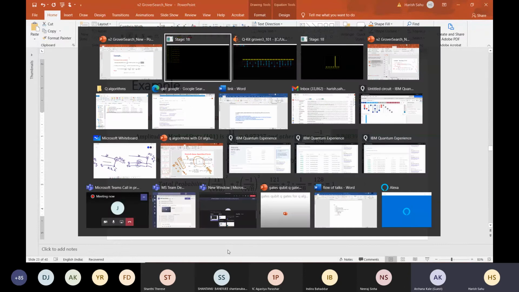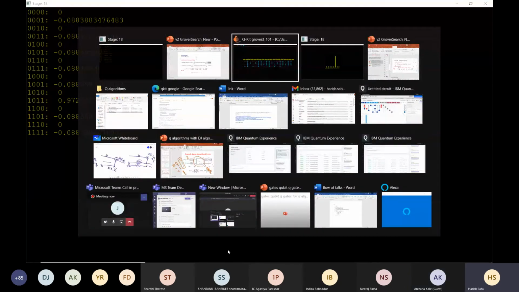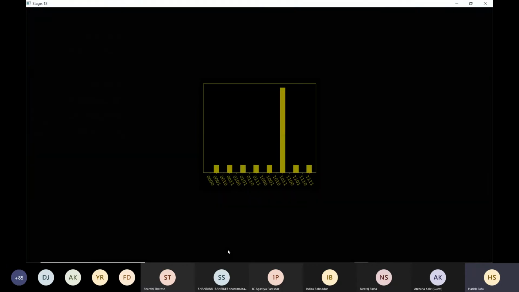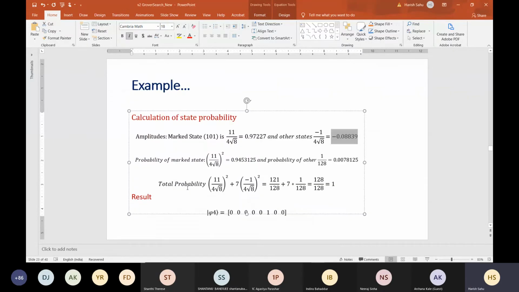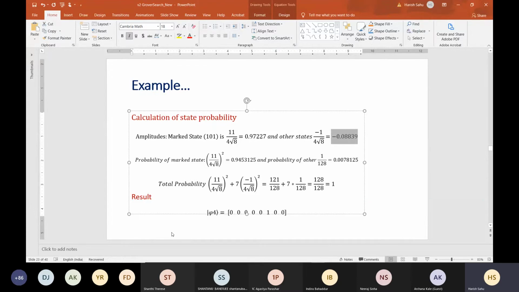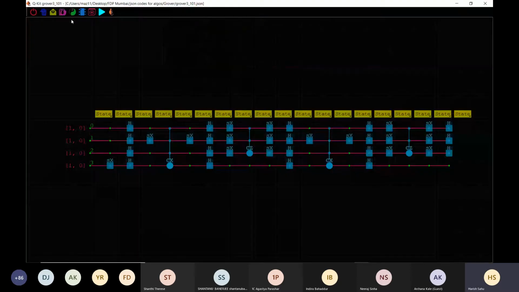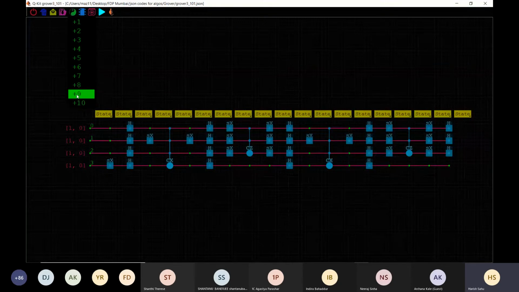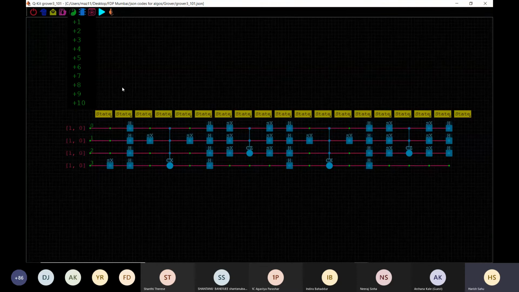The same thing can also be done on the IBM Composer, but the composer has some limitations. We should be online and able to do that through the internet or the IBM platform only, whereas here it is local to us. So it has its own advantages, but a few limitations are also there. For example, there is a qubit limitation here, like 10 qubits or so. You cannot have 30 or 32 qubits, which IBM lets you simulate there.